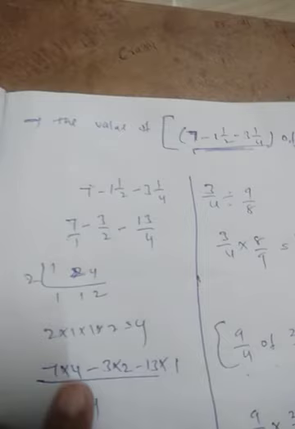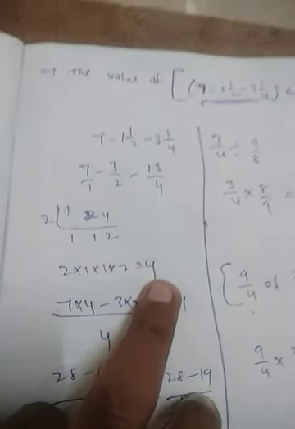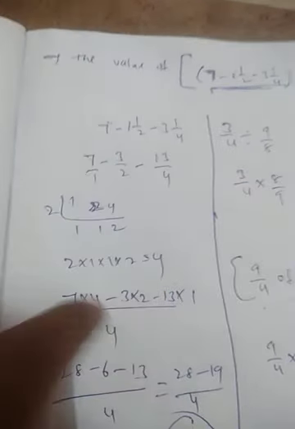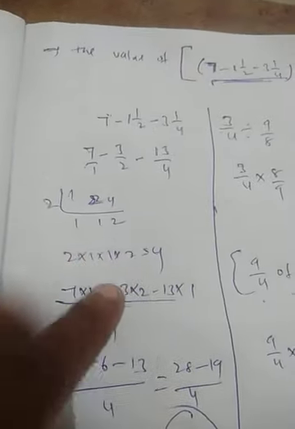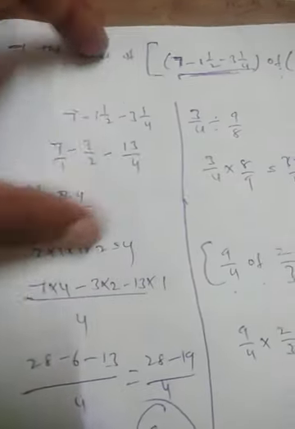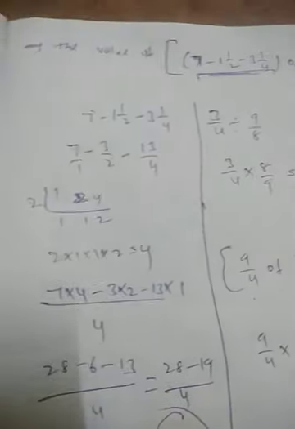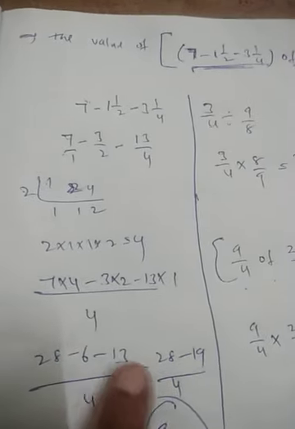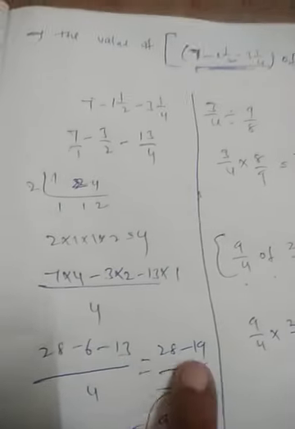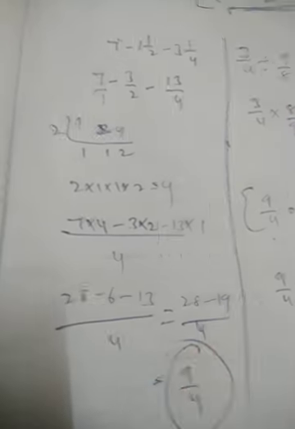1, 2, 4 LCM is going to be what? 4. So here after coming here 1 we have, so close 1, 2 to the 4 you will get 7 4 the 28. 2 we have, close 2, 2 1 the 2 you will get, and 4 we have. If you close 4, 2 to the 4, indirectly 1, otherwise LCM is 4, no need to do anything. 7 4 the 28, 2 3 the 6, 13 1 the 13. I add negative number, 6 plus 13 is 19. 28 minus 19 is 9. 9 divided by 4. This is the value of this one.